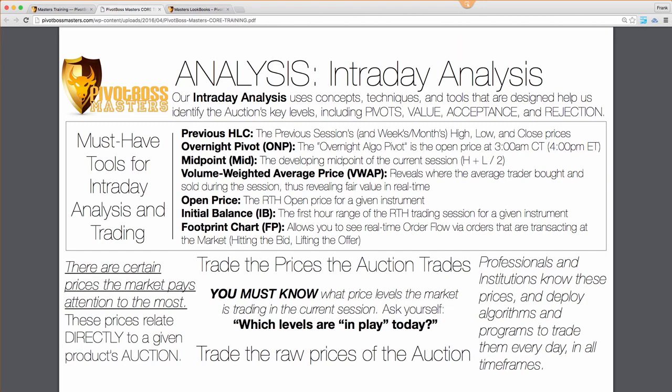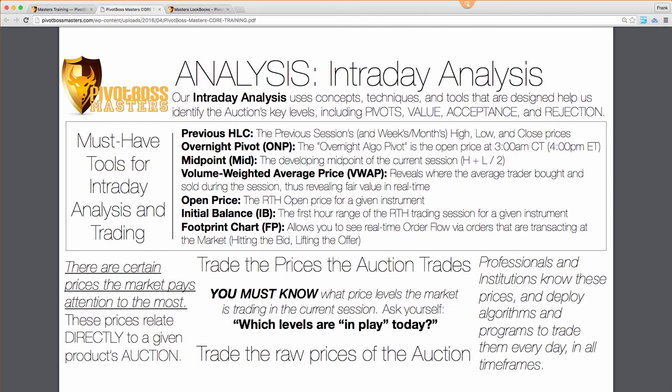So basically, an RTH open can be different for many different products. The RTH open for crude oil is 8 a.m. Central. The RTH open for the ES is 8:30 a.m. Central. So you have to know which is the RTH open for the product you're trading. And I know most of you are seasoned pros, so you know this. Some of you are newer to trading futures or just this type of analysis. So it's important to bring in that point that every single product has a different RTH open. So you have to know which RTH open it is for the product you're trading. And then from there, it's just the first hour high and low.